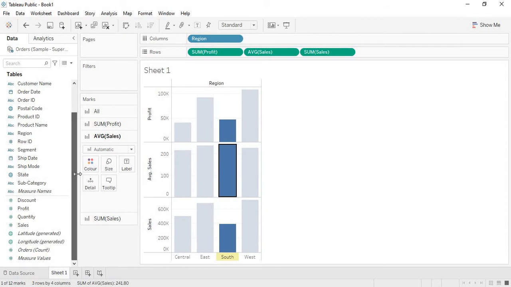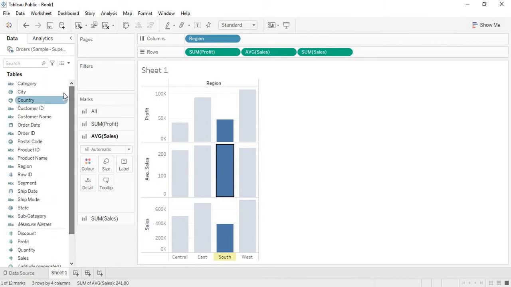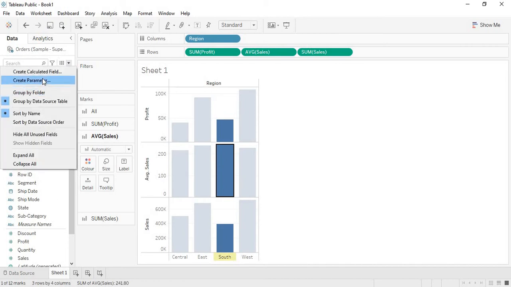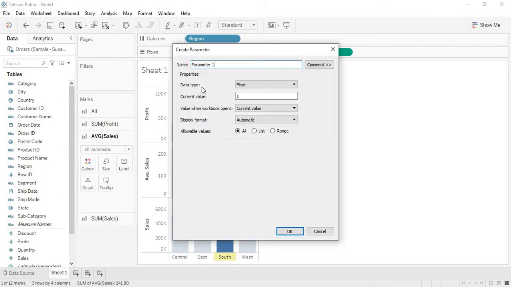So for that I'm going to create a parameter first. I have to rename it to measurement, and my data type will be string.